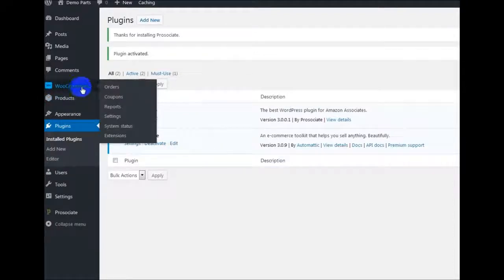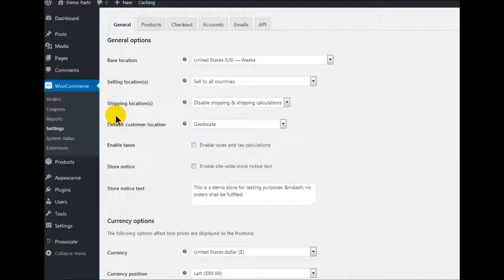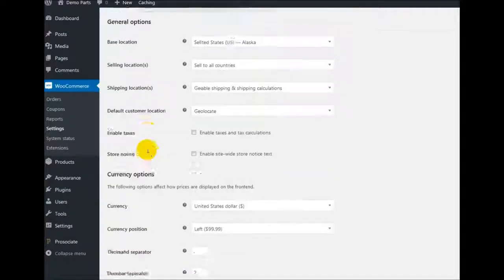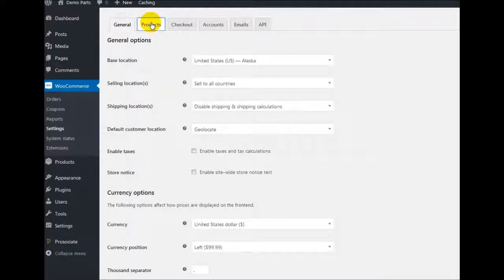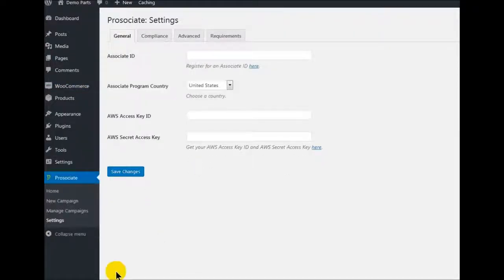Now we could go in WooCommerce, make sure any of our settings are set. Yeah, I don't think we're going to be needing much of this in here. So what we're going to do is we got to go to Prosociate settings. And what we need to do here is add an Amazon Associate ID, which is your ID-20. And then we have to add the